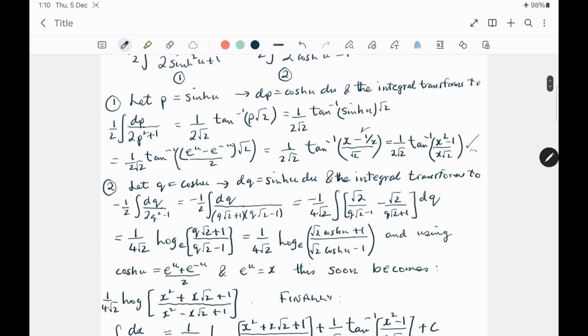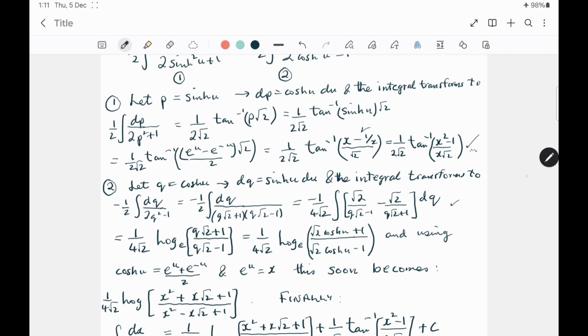So, for the second one, we let q equal cosh u, so dq is sinh u du, and the integral transforms to minus 1/2 dq over 2q squared minus 1, minus 1/2 dq, and we factorize the bottom as q root 2 plus 1 and q root 2 minus 1, and using partial fractions we get the next step, which is minus 1 over 4 root 2 integral of square root of 2 over q root 2 minus 1 minus square root of 2 over q root 2 plus 1, which are easily integrated,